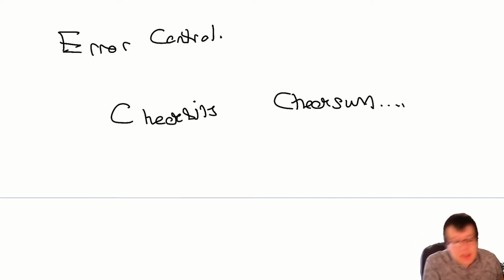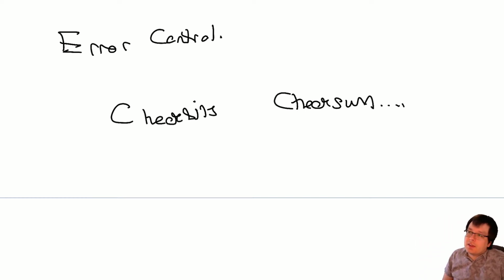Now, the concept behind error bit detection is a little bit tricky. I was going to cover some of it in computer organization, but I'll cover a basic example of it, and then we can get more fancy with double error correction. There are some algorithms that allow you to automatically correct one bit in error, and some that just tell you there's an error, but they can't correct it. So, for example,